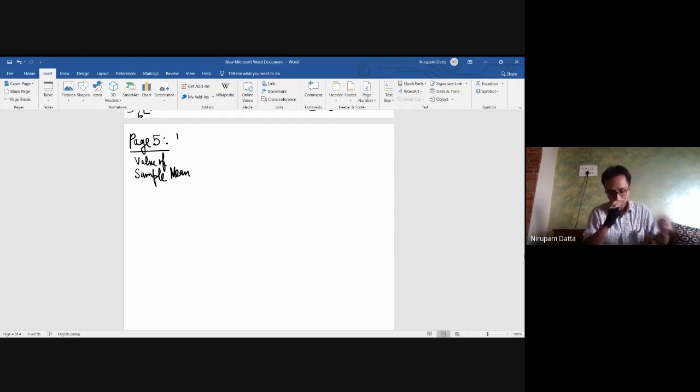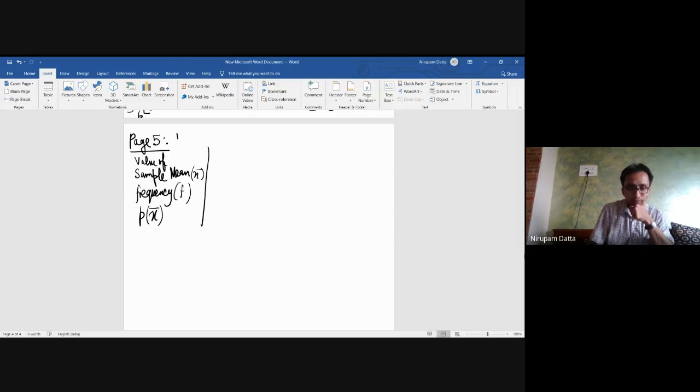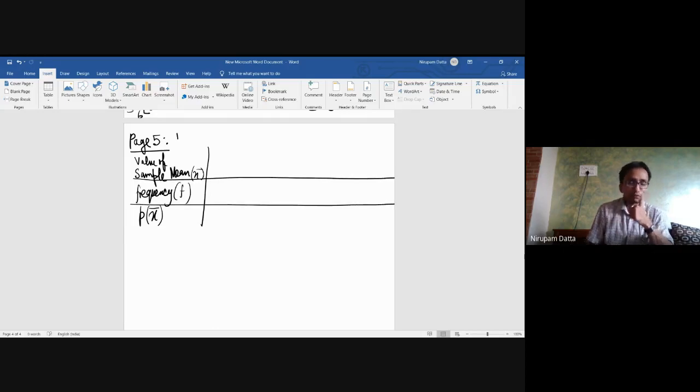Make a table with columns: number, the sample mean x bar, frequency f, and next probability. So what are the values of the sample mean? The values of the sample mean are